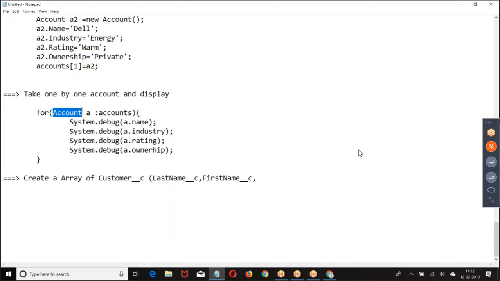But the restriction here is, at the time of creating an array, you have to mention the size. If you mention the size as 5, I can only take 5 elements. If you mention the size as 1 lakh, I can take 1 lakh elements. Did you get my concept here? There is no restriction on the size of an array. But at the time of creating an array, whatever size you mentioned will become a restriction for you. Who mentioned the size? We have mentioned it. So as per the size you mentioned, the restriction is applied.